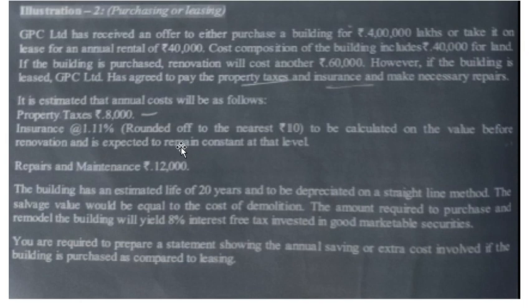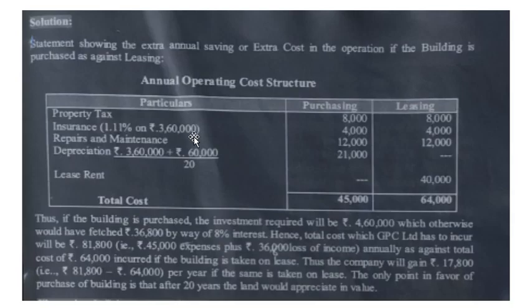Insurance will always be on the building, not on the land. Land will always have an appreciation value, so there is no need to provide insurance for such assets. Only the building, whose value reduces and on which depreciation is calculated, is insured. So insurance will be charged only on the building. 4 lakh minus 40,000 will give you 3 lakh 60,000. On this you will charge your insurance, that is 1.11%, which will give you 4,000.